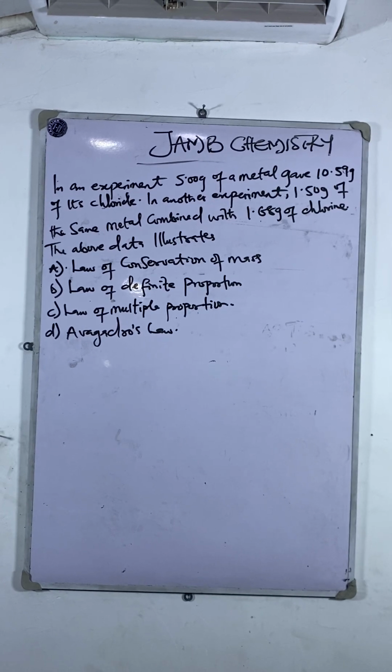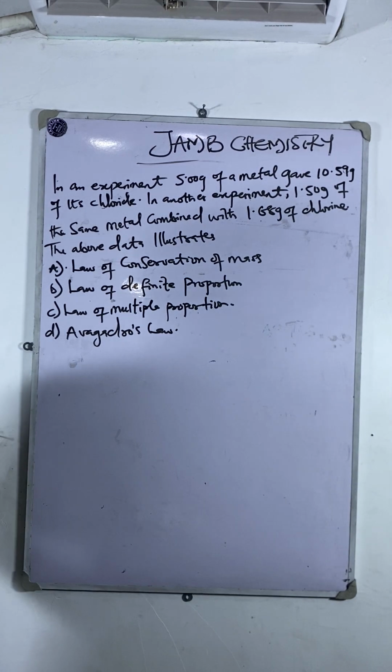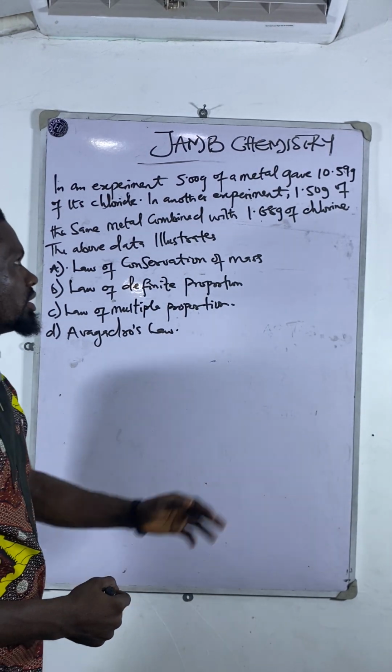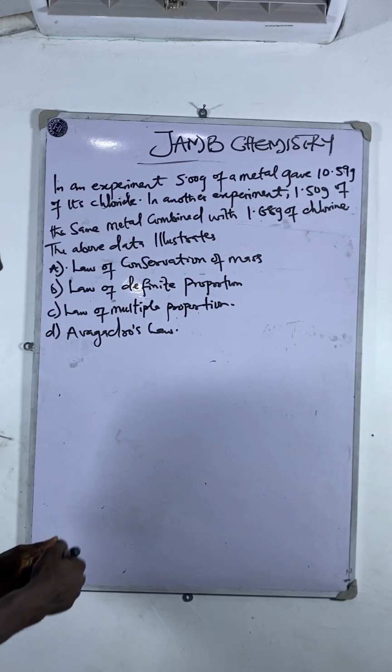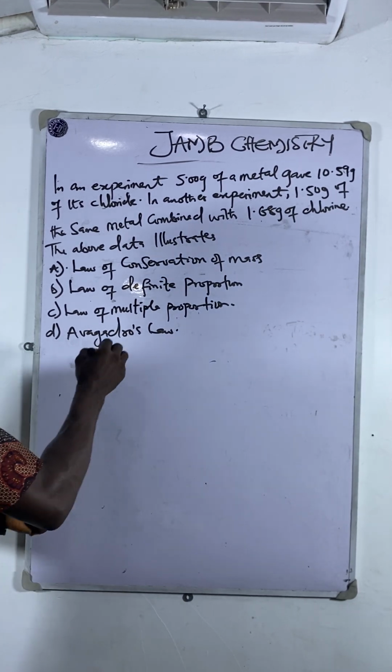Okay, if you ask this question in JAMB, how will you tackle it? The question says, in an experiment, 5 grams of a metal gave 10.59 grams of its chloride. Okay, so